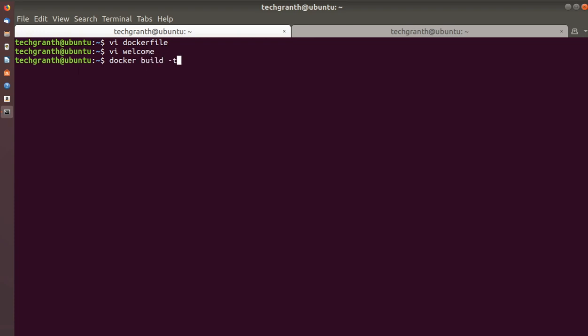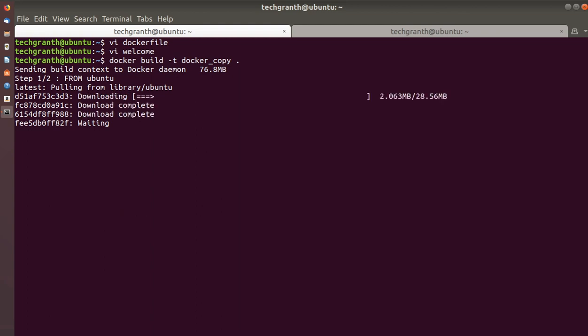docker build -t docker-copy. Enter. Let's wait for it to finish.